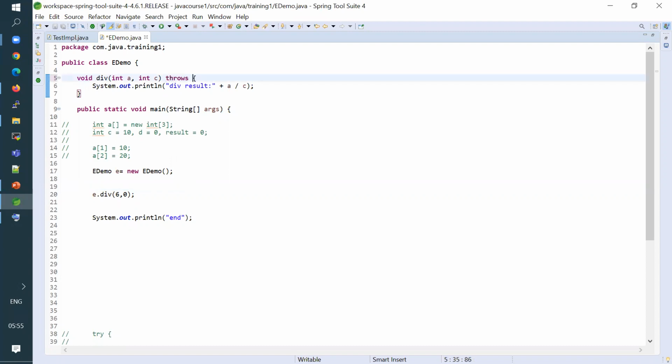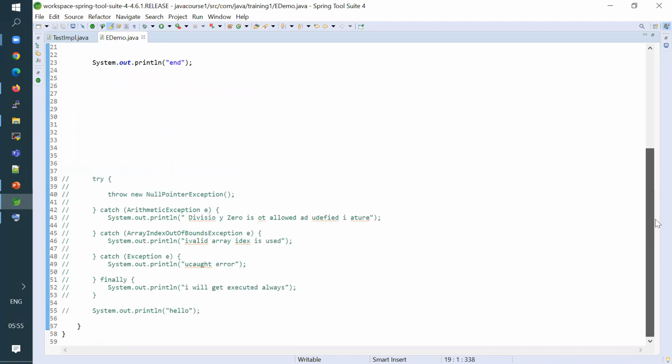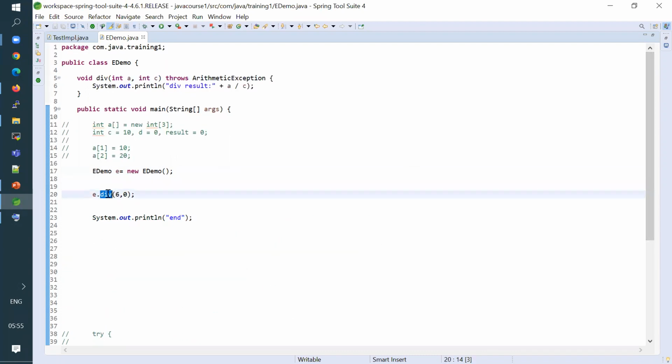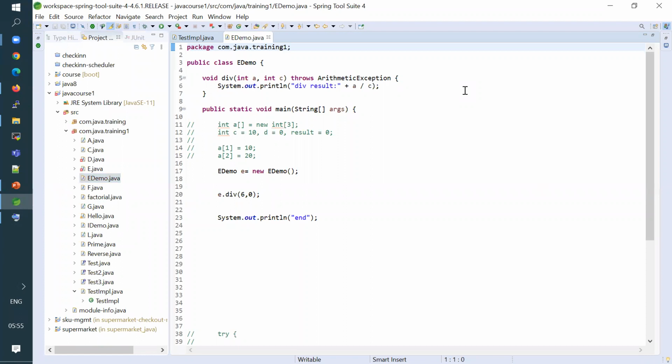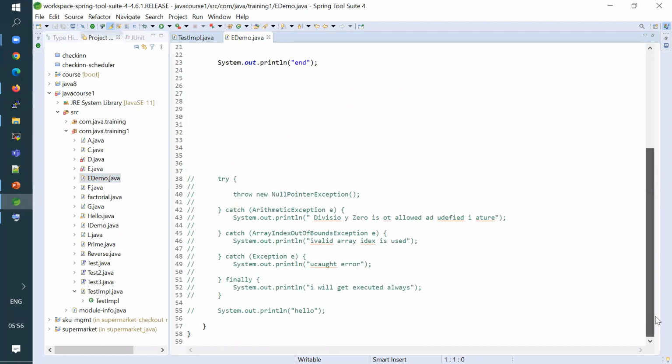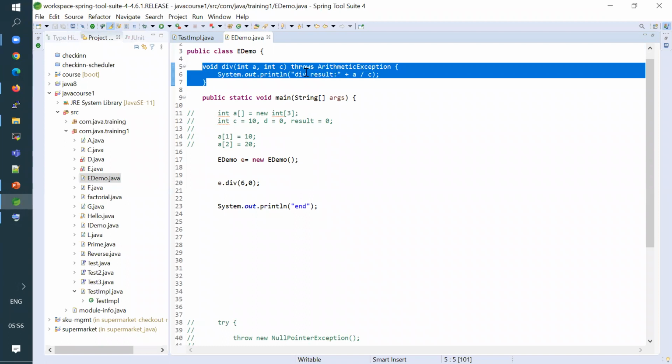So here we will say throws, and I'll say ArithmeticException. So this is how I'll do it. That means the moment I do this, my method will basically tell those arithmetic exception.